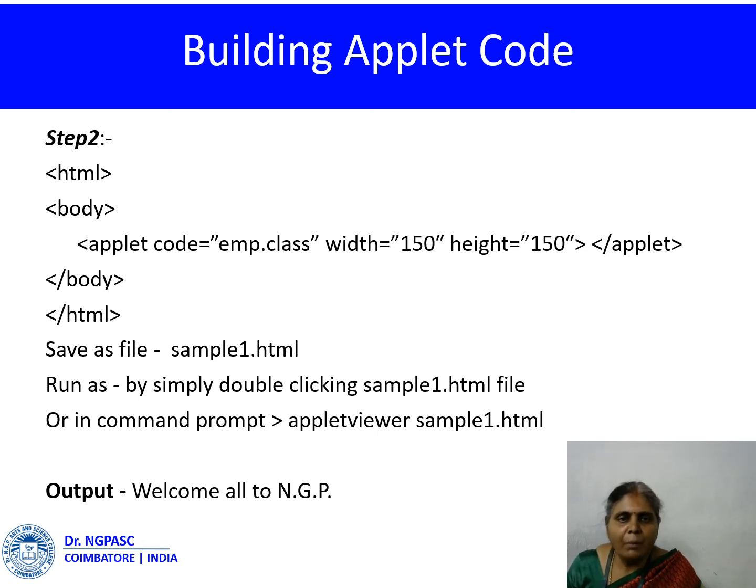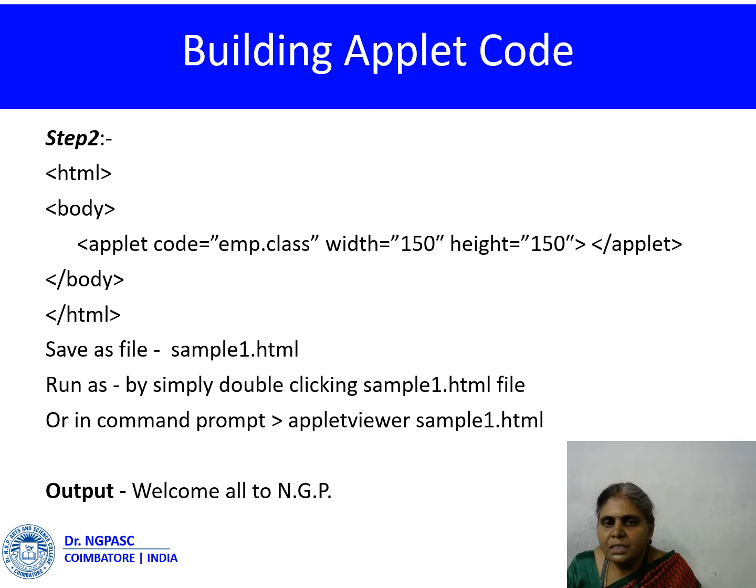The second step is embedding that particular applet code within your HTML page. See the HTML page with head followed by a body. If you have head, then the head consists of some tags like title, followed by a body tag, where the body tag consists of an applet tag. Within the applet tag, we have the code equal to the compiled class file with height and width. This is the applet viewer size. Then save the file with any name.html.